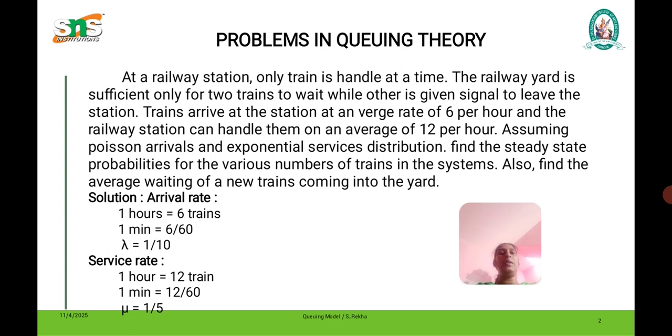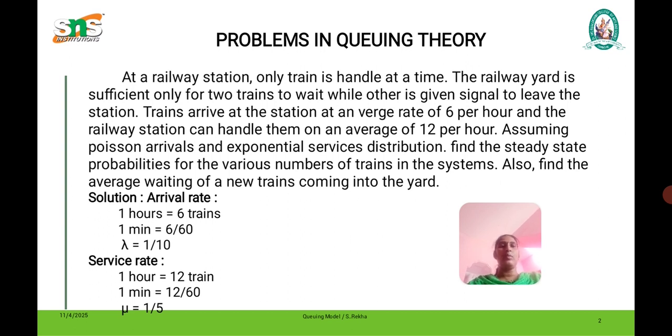So normally there are 2 types of patterns in queuing. Queuing, everyone knows, is a waiting time, and you have to analyze another pattern. One is the arrival pattern and another is the service pattern. Normally the arrival pattern is represented by lambda, whereas the service pattern is represented by mu. So how many customers arrive we call lambda, and how many customers are served we call the service rate.